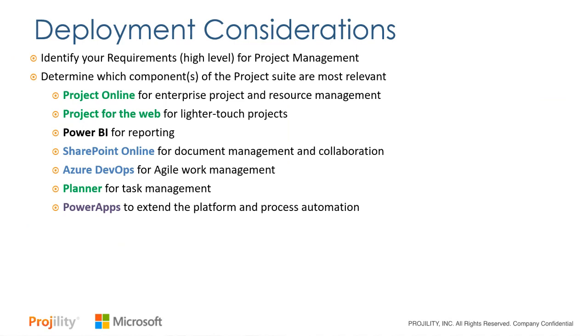First thing it can do is help you extend out what you're already doing with your project management system. Maybe you want to integrate financial information or build an app that pulls financial information from SAP and routes it for documents and approval and has a workflow behind it. That's where a Power App with Power Automate could really come into play to automate the process,